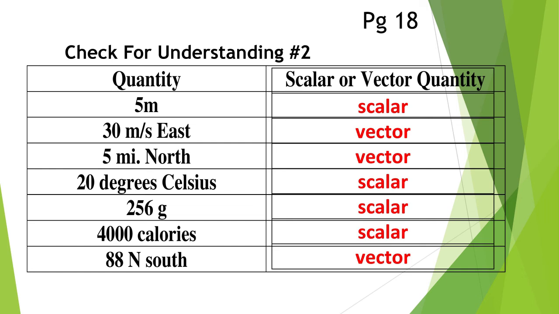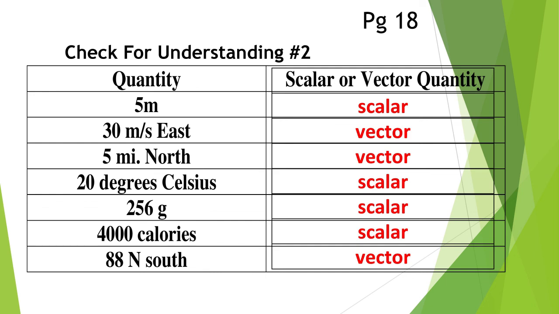Now there are a few quantities over here you can see. The first one is 5 meters. You need to mention whether it is a scalar or vector quantity. You can hide one side of the video and name all of them, whether it is scalar or vector. So now you can see 5 meters. This term is not at all talking about the direction, so it is a scalar quantity. But when I say 88 Newton to the south, it talks about magnitude and direction both, so it is a vector quantity. 4000 calories. Here there is no direction. 4000 is the magnitude, so it is a scalar quantity.